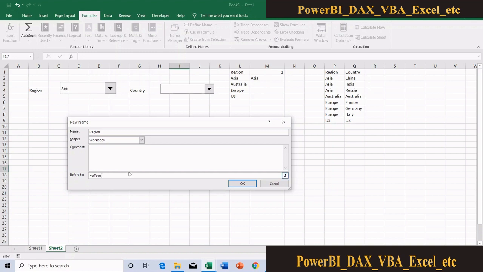The syntax of the offset function is OFFSET, reference range or reference cell, comma, how many rows I want to offset, and then how many columns.